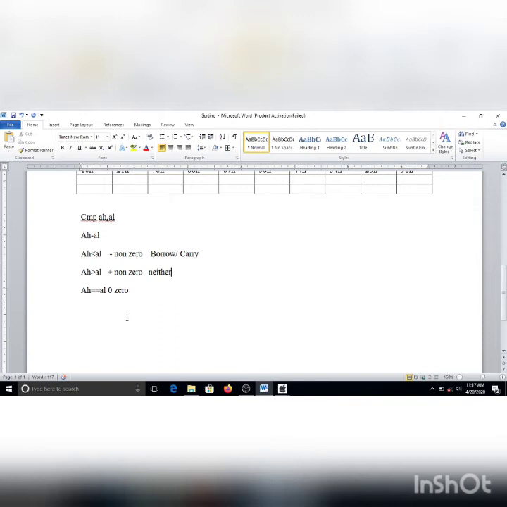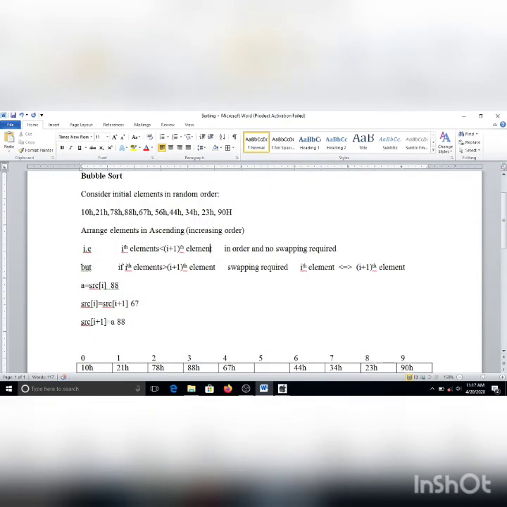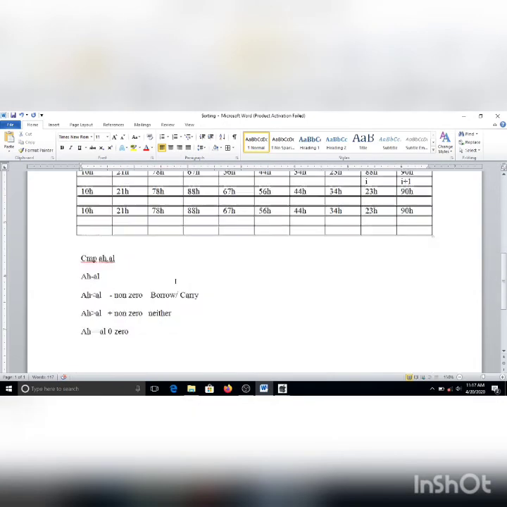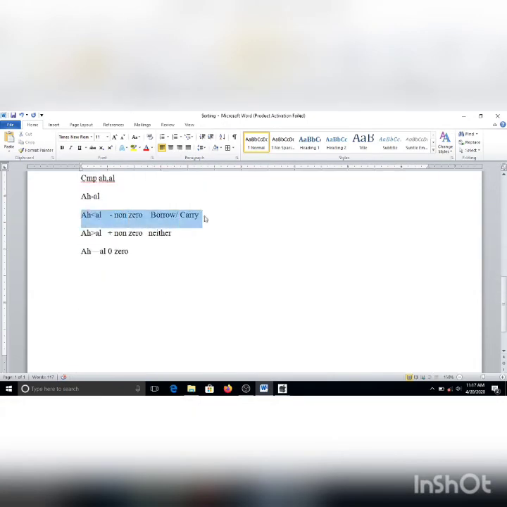In this case, this second condition is true: the first element is greater than the second element. In this case, swapping is required. So here let us assume the condition that the first element is less than the second element. This will be indicated by the borrow.